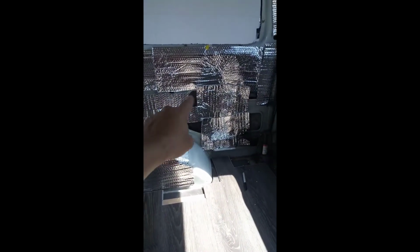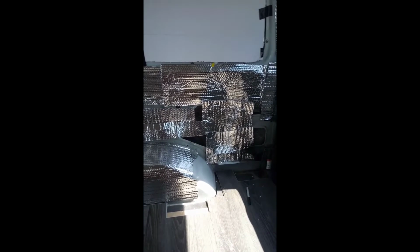So that's why I didn't really worry about the Reflectix, because inside the van, not only is it foam in there, then I got that wool type stuff from the actual panels. Then I'm gonna put this up. So the insulation is really. So this is where I'm at in the van build. All right, so